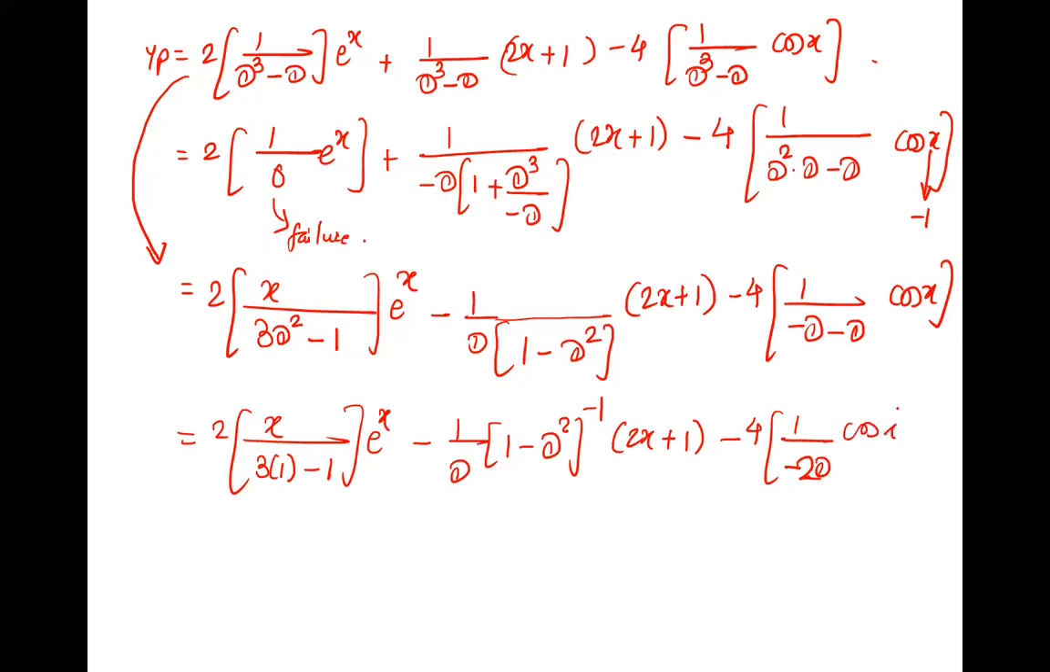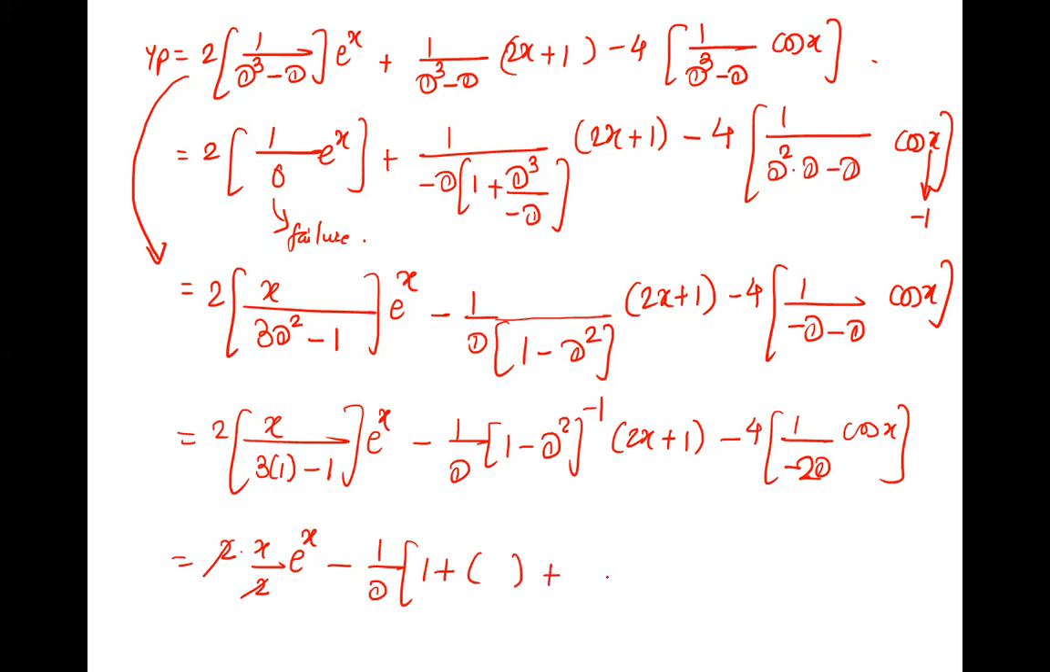cos x. Okay, so I think this is done. 2 x upon 3 minus 1 to e raised to x, 2 cancelled. So this answer is x e raised to x. This is over. Minus 1 upon d, 1 minus x inverse. We have to expand. How? 1 plus x plus 1 x